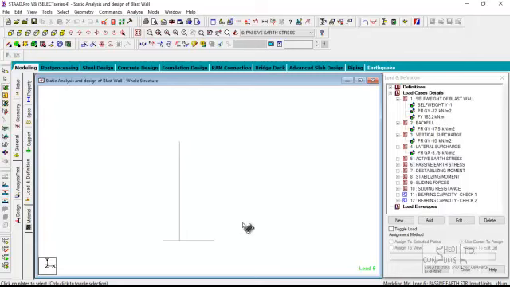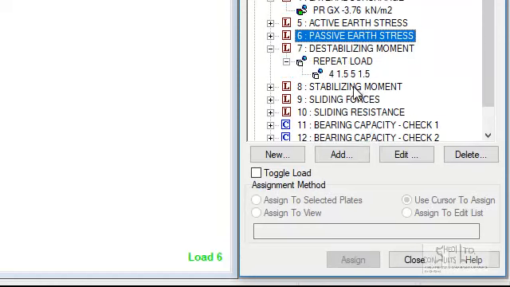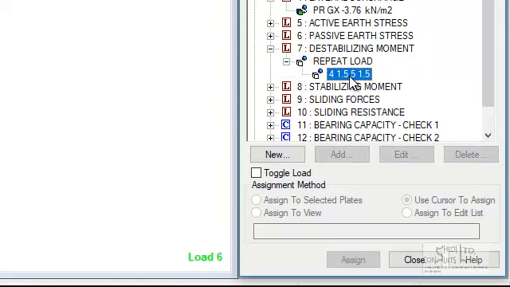So for stability against overturning, if you're doing a manual calculation, you have to check that the total overturning moment about the origin must be less than the stabilizing moment about the origin. Overturning moments are coming from the lateral forces that are applied onto the structure. So if you look at this destabilizing moment, the stabilizing moment is obtained from, if you look carefully,